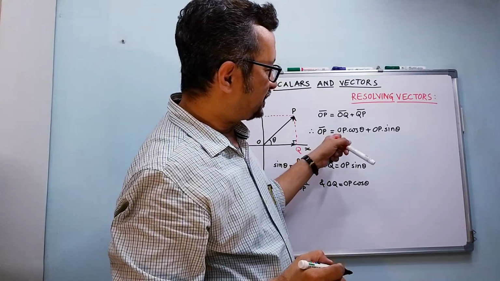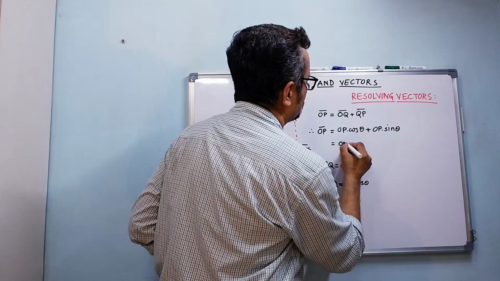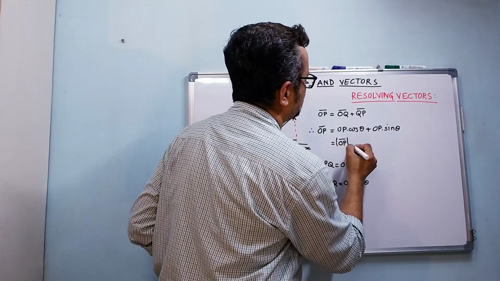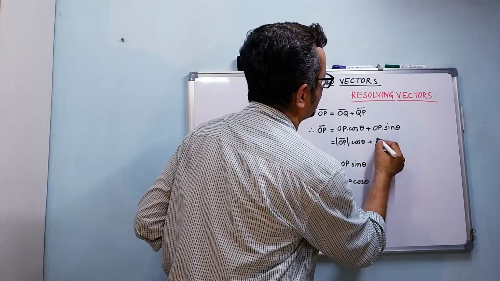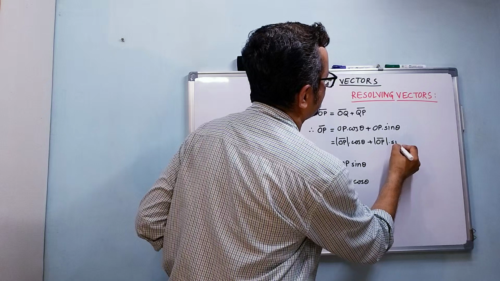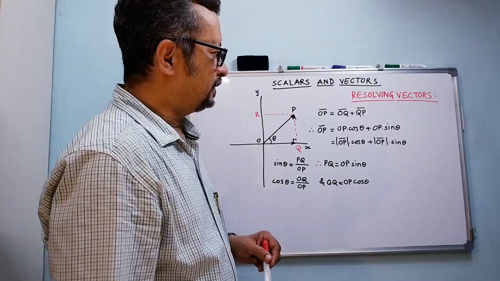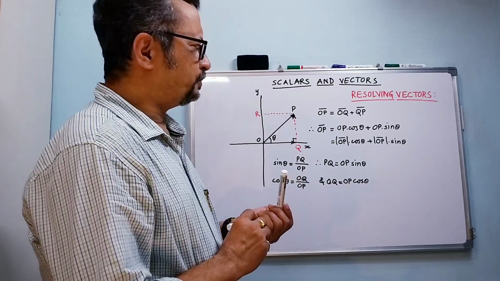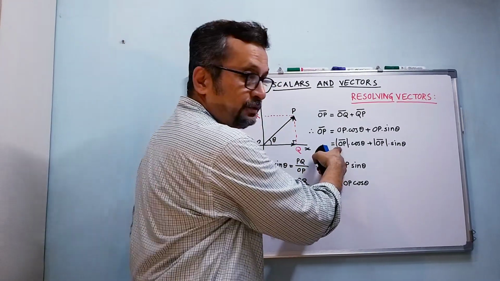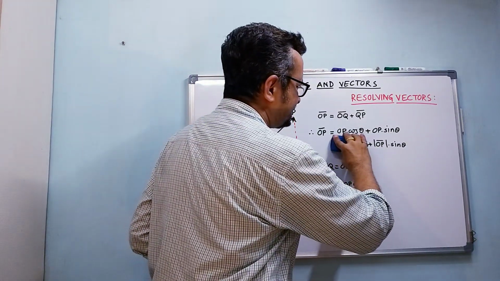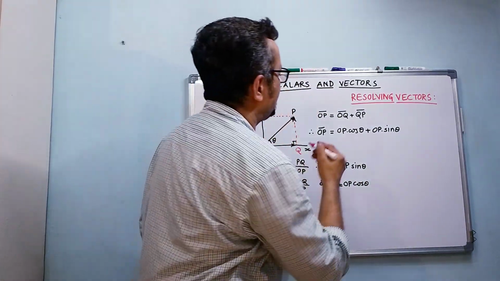Now again I'm expressing this OP as the magnitude of OP bar. So that would be the magnitude of OP bar cos theta plus the magnitude of OP bar sine theta. Or to be more precise, instead of using magnitudes here, I'll simply write it like this: